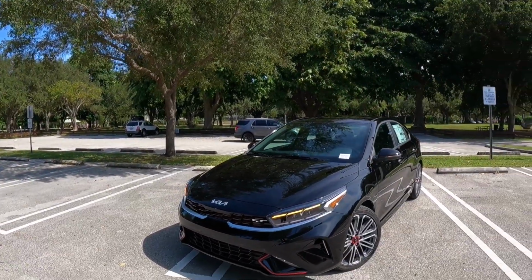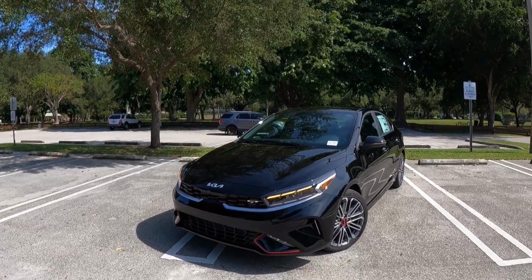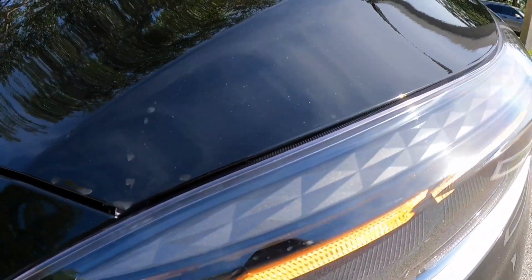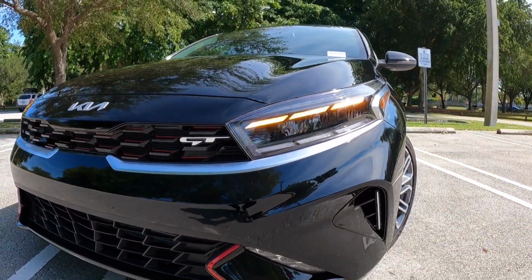As you guys can see here, my model is painted in this black exterior color. It looks really good with the red accents. Looking at these headlights here, my model does come with these unique LED headlights here. As you guys can see on top of the headlight module, there's this triangle design here. They're full LED with an automatic low and high beam with an LED turn signal,